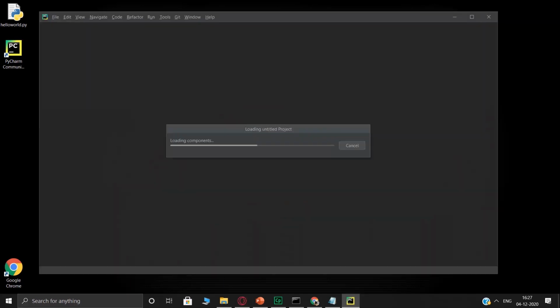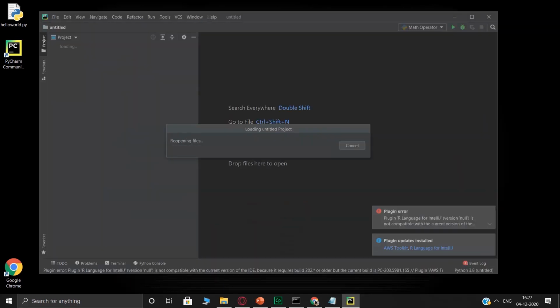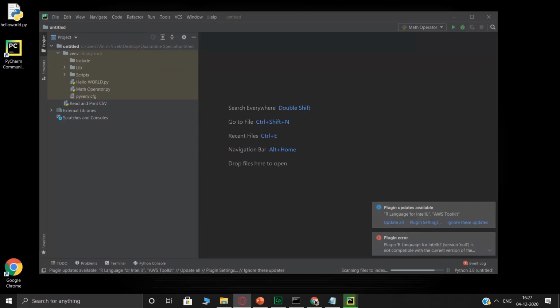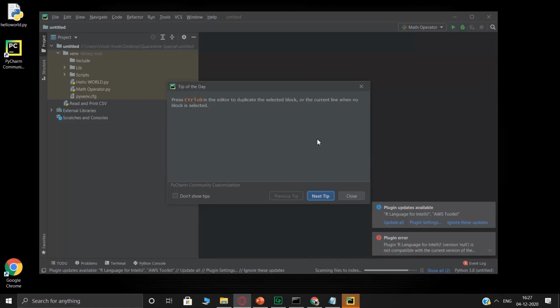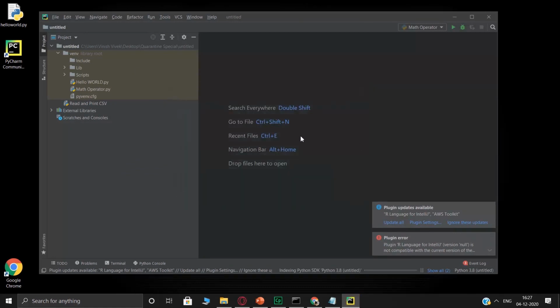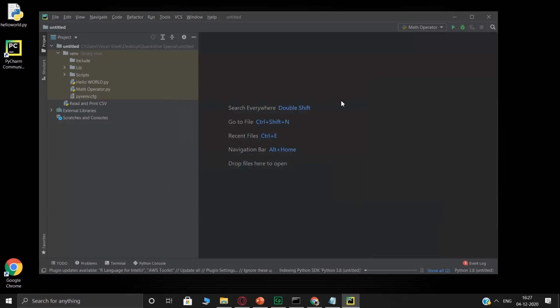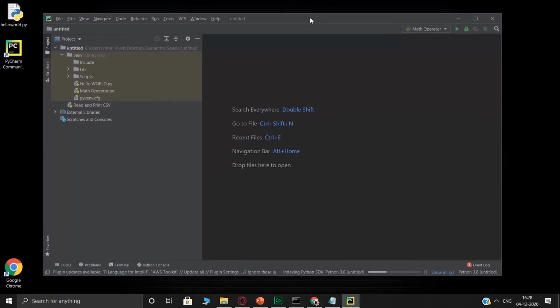Like I was trying to explain to you what an IDE is. An IDE basically consists of everything in one place. The words integrated development environment basically mean that you can develop the entire thing in one single environment, where PyCharm is your environment.